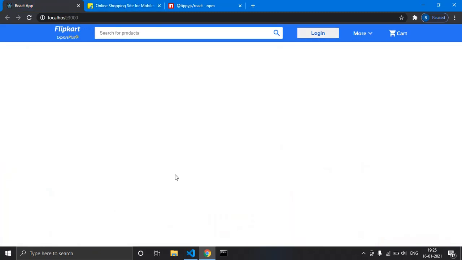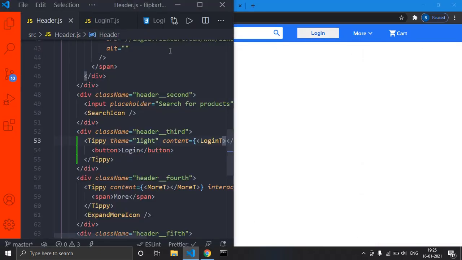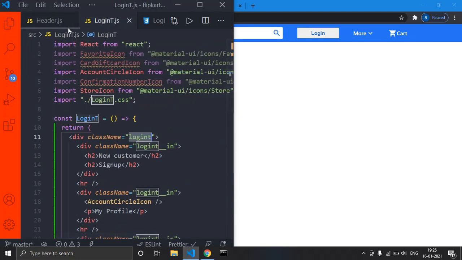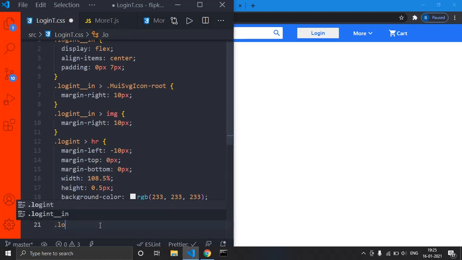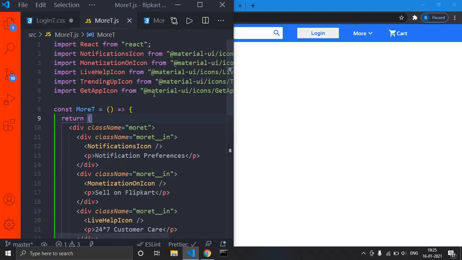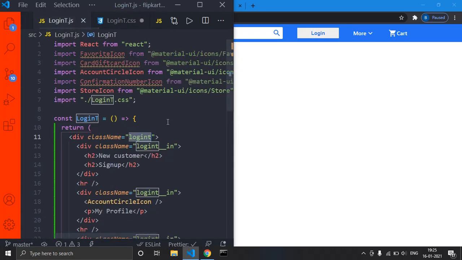So let's add that, and let's finish this login T. Just come to login t.css. When we hover over this complete div, either H2 customer or the sign up, we want to show that hover color, right?